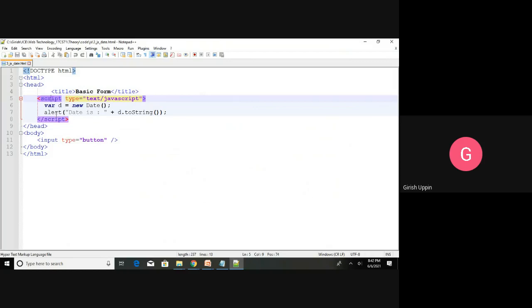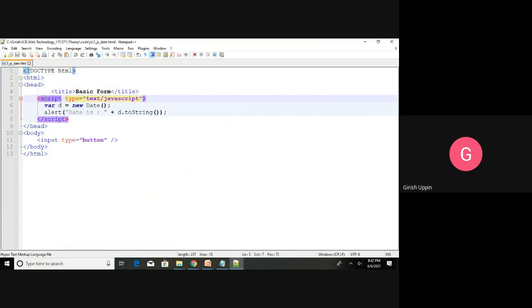Opening script and ending script, you can include all the JavaScript. Or the third option is to have a separate JavaScript file and include that JavaScript into the HTML. So right now I have used the embedded method.